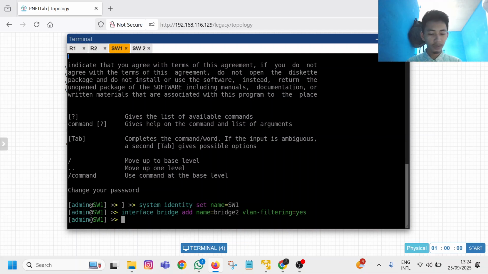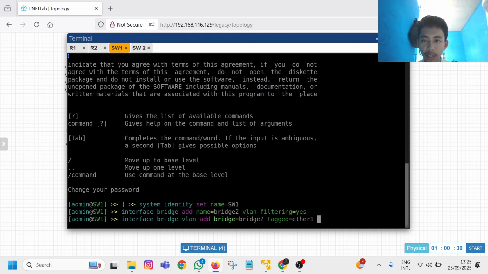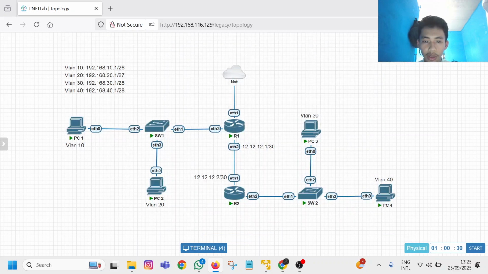After that, go again to interface bridge, now on the VLANs. Click add and choose the bridge we already made, using Ether 1 as tagged, because on the switch Ether 1 is connecting to the router that gives us the VLAN connection.